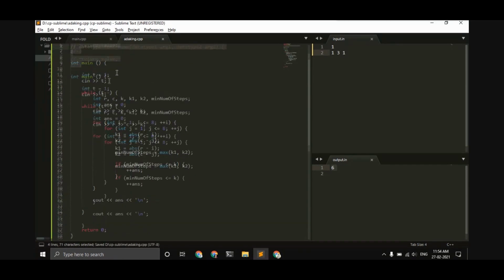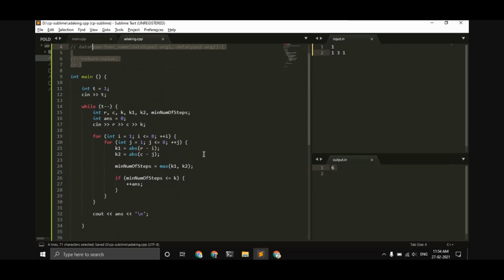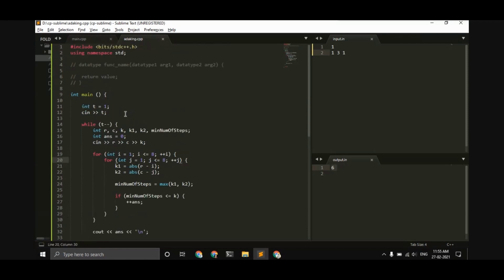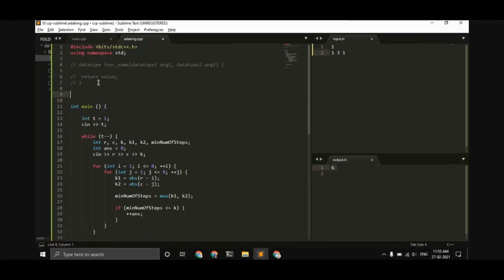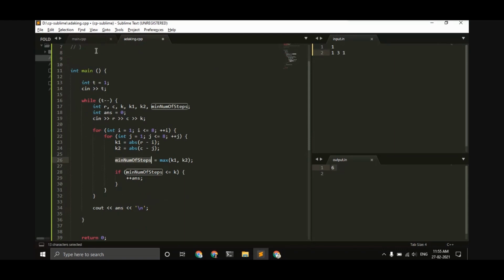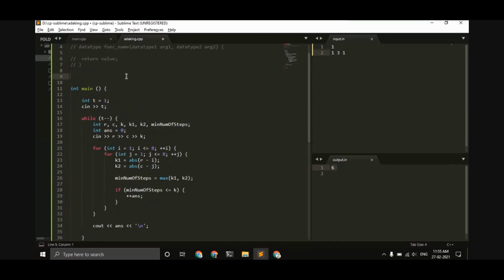Let's actually use this syntax to write a function which accepts 2 points, r, c and i, j, and returns the minimum number of steps. So our return type is an integer. The function name is, let's say, getMinimumStepsBetween2Points.